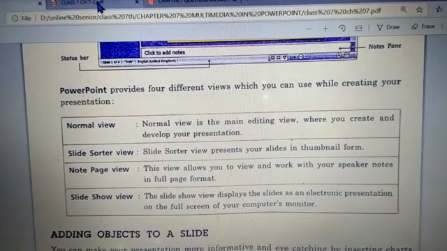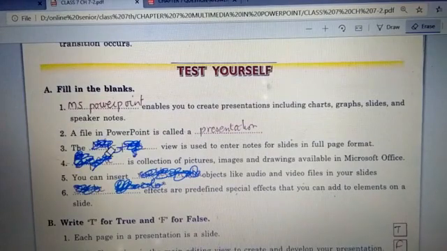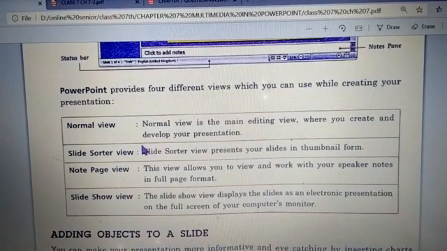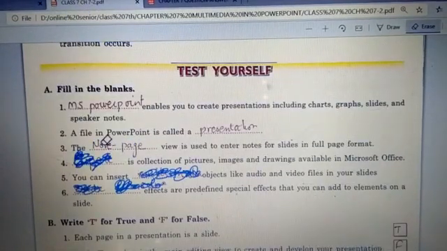So what you need to check, the question is the dash view is used to enter notes. So which view allows you to enter notes? See here, this view allows you to view and work with your speaker notes in full page format. So speaker notes are here, meaning notes can be added. So answer is note page view, right? So you will write here note page view.